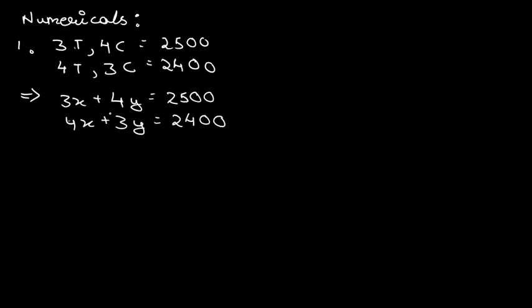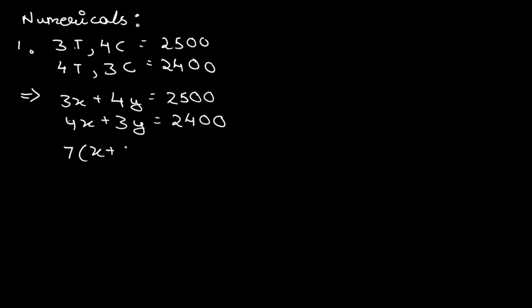Now what you have to do, you can use various methods. There are various methods available for this particular problem. What you can do, you can simply add them also. So I'm just telling you the new method. You can simply add them, and what you will get is 7 into x plus y.